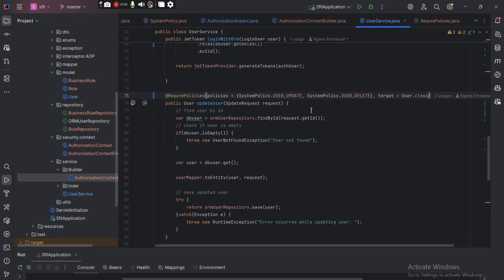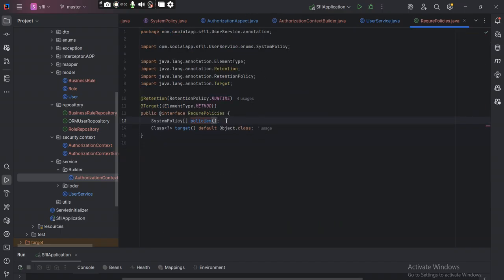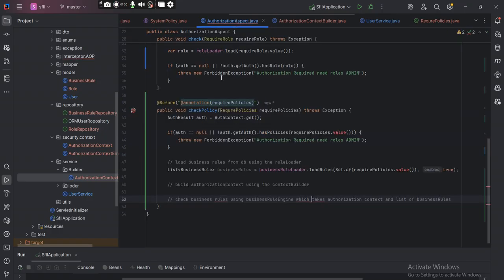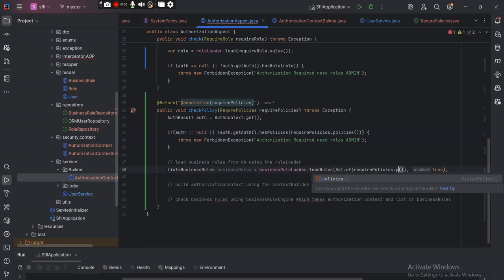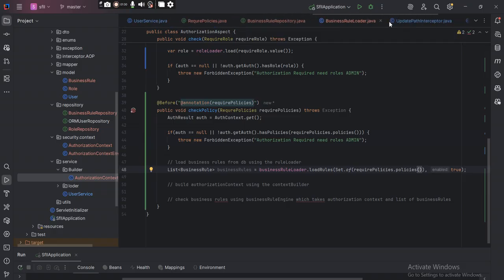And what this gives us is this is a kind. So we're trying to perform an action on this target class, right? This is the target resource. So you can keep it a target, or you can leave it as resource, and that will work. And this will allow us value dot. So this is not value policy dot policies. Here this is policies. And in the builder,